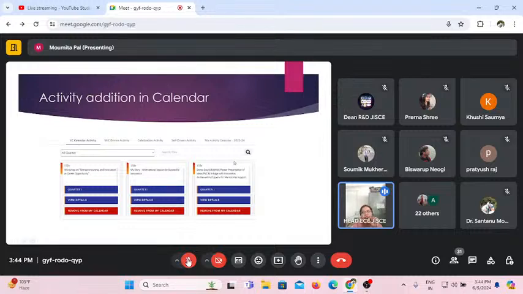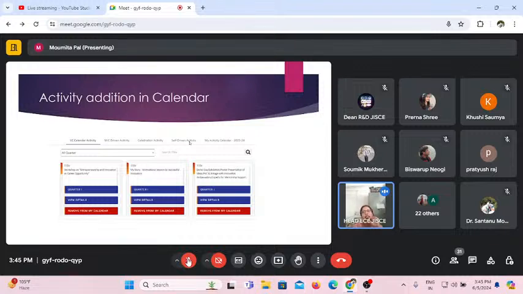As we have already added it, it is showing remove from my calendar. So once I click on remove from my calendar, the activity will not be visible under my activity calendar. And if you want to keep that activity, it will be shown like this. So once you add all these activities under IIC calendar activity and celebration activity that are available under quarter 1, your part is done. For self-driven activity, you have to add the brochure, the date, speaker name, then create the